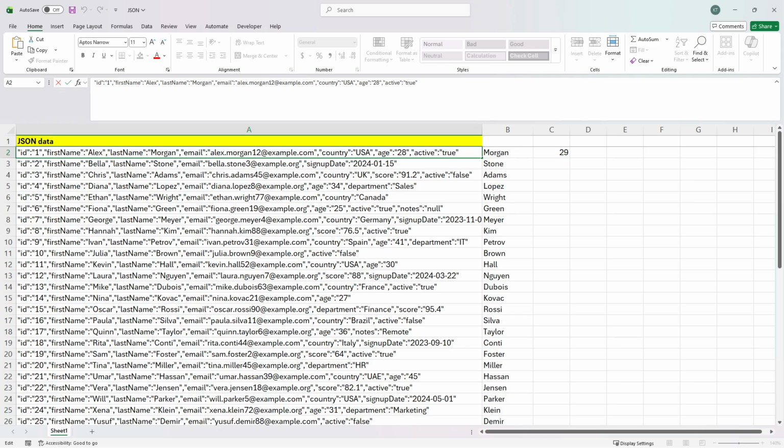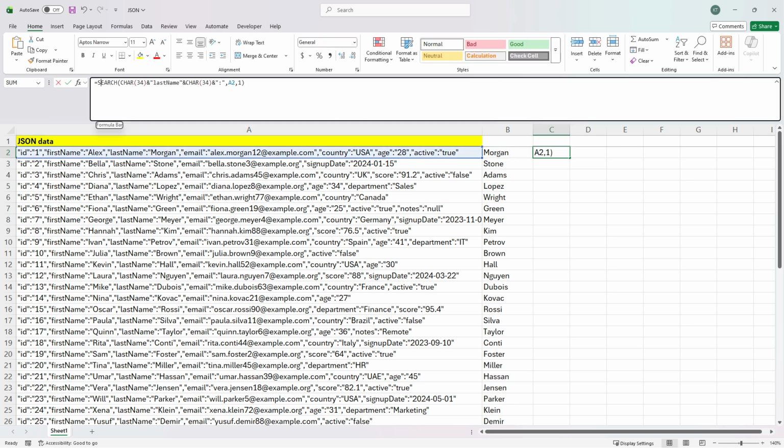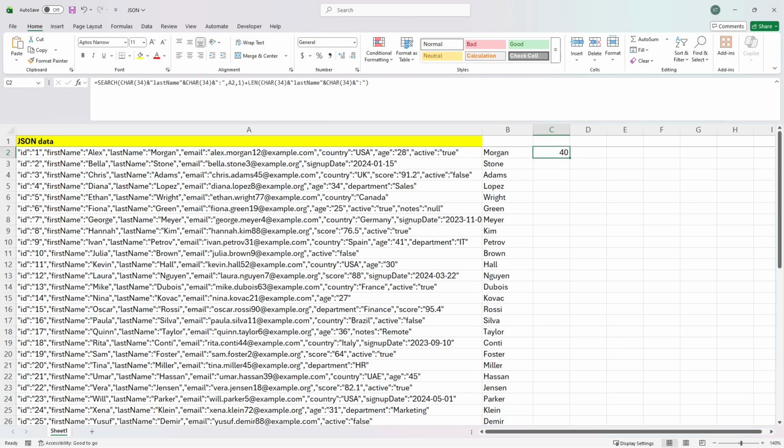before the letter L here is on the 29th position. However, I would like to get to the end of the string, to the end of this last name here. And to do this, I can copy this part. So I'm going to click here on the find text argument and press Ctrl C. And here I will add to this the LEN function and pass the string. And now it returns 40, which practically means that this double quote here before the letter M should be on